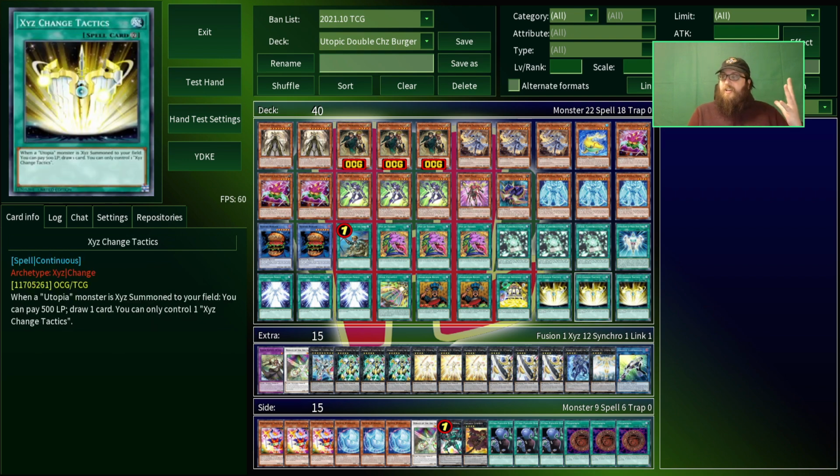Now, unfortunately, or perhaps fortunately, depending on who you ask, you can only control one copy of Ixie Change Tactics at a time, which means this can occasionally be bricky if you get multiple copies. It's so useful for digging through the deck, though, that we run it at 3 anyway, along with 6 cards